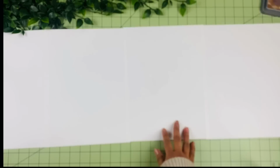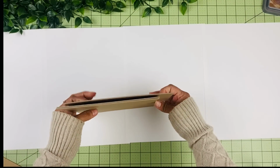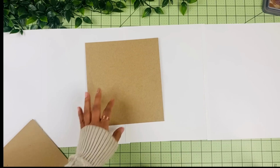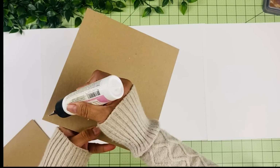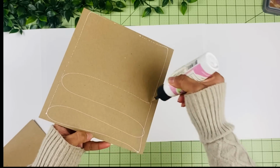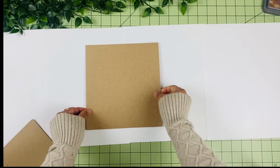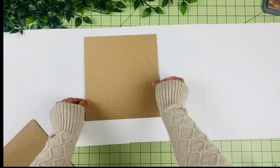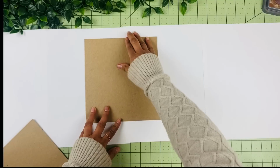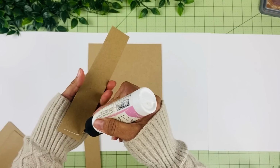Now I'm going to start with the piece that is 8 by 7.5. Okay, so the larger piece, and we are going to put that one at the center. So we're gonna put this one right here. I'm gonna place it right there, and I'm just gonna stay about an inch from the top, and then we're going to